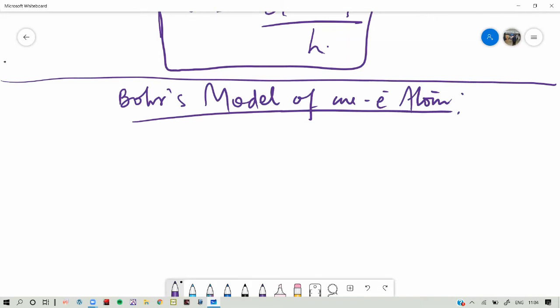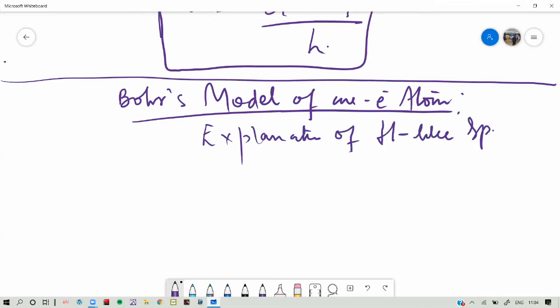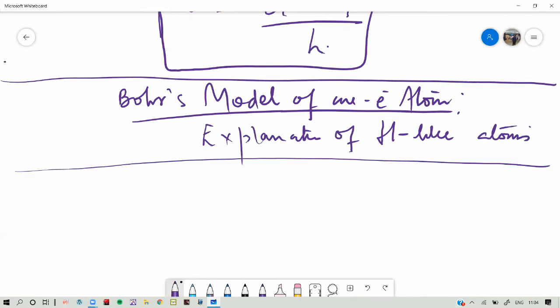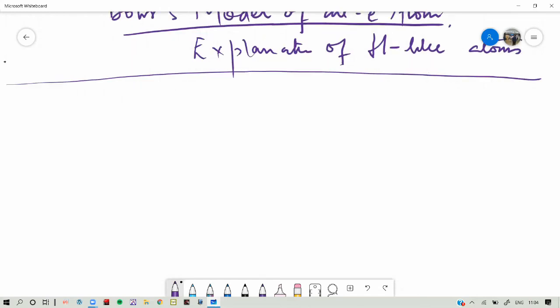We can also say that it is an explanation of hydrogen-like atoms, that means the spectra which is derived from hydrogen-like atoms. There is some mathematics, there is some theory. So for that, let us consider a particular atom, a hydrogen-like atom, and let us suppose